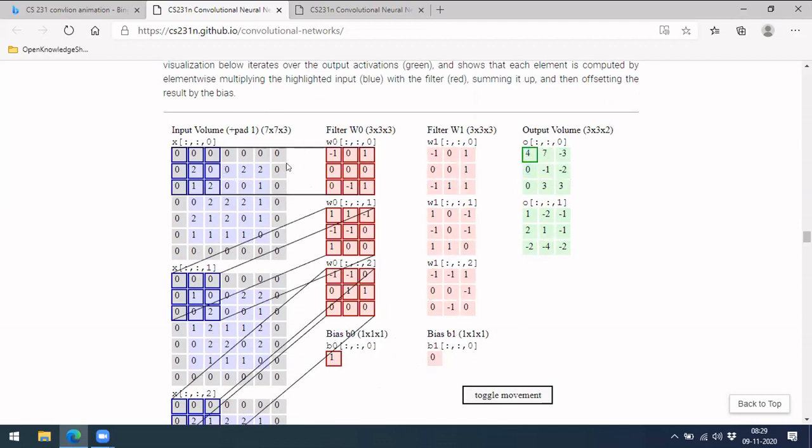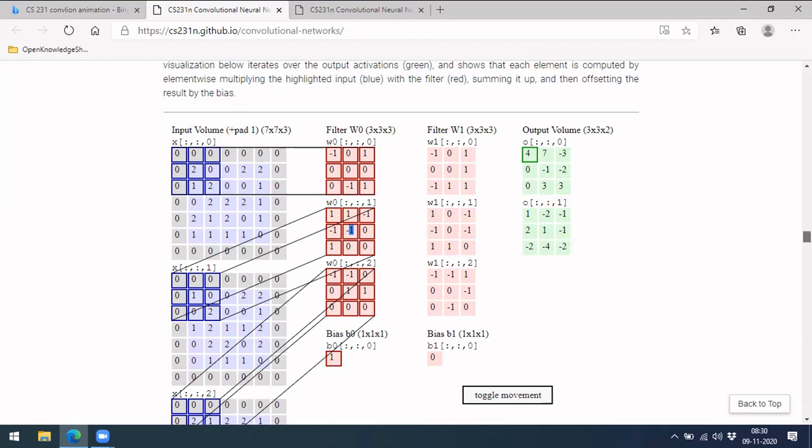Let's do a computation for one of them, as I discussed earlier. Let me pause it here. Here the multiplication happens element wise: 1 into -1, please remember -1, 2 into 1 is 2, 2 minus 1 is 1. This entire multiplication gives only a 1. And to this you have to add the second part as well. Here there is -1 into 1, which is -1, and nothing else is non-zero.